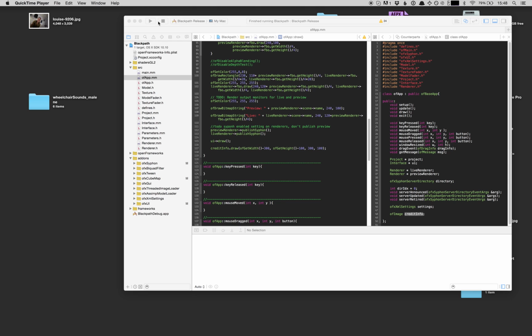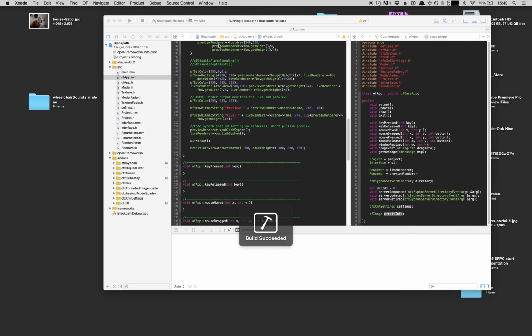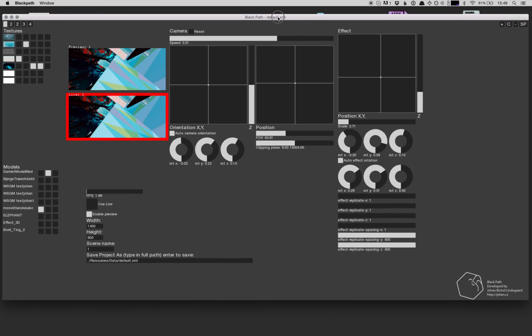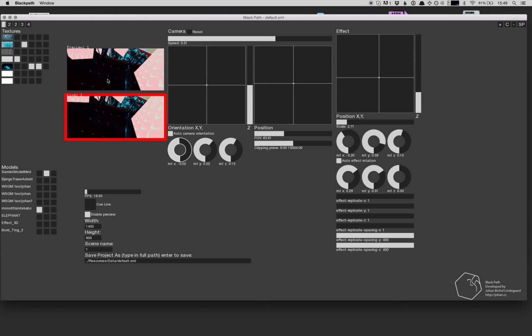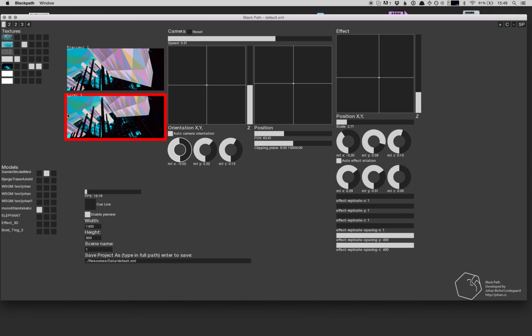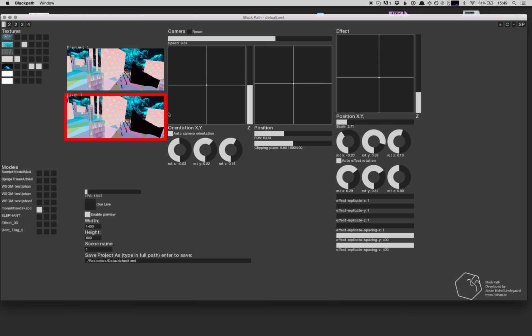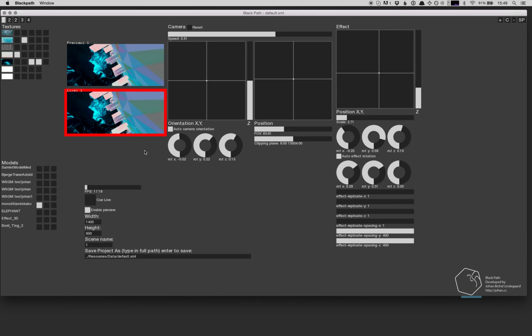I'm just gonna give you an introduction to some of the new features I've introduced to BlackPath. It's a small VJing application that inherently works with 3D models and textures I've been working on. The frame rate is suffering a bit when I'm screen recording with QuickTime in the meantime, but bear with me. So here I have kind of like a project set up, and some of the new features is that